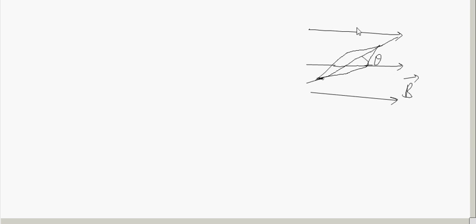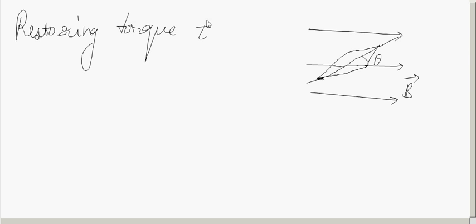The needle experiences a restoring torque, and the restoring torque will try to align it in the direction of the magnetic field. So the restoring torque is given by minus mB sin theta,